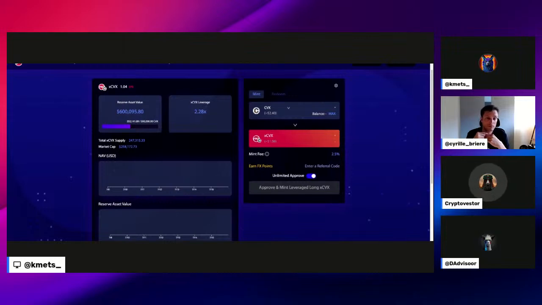So that enhances the CVX staking yield on the cvxUSD side. So really, really cool product. I definitely can see this really being popular, especially for people who wanted exposure to the CVX yield but didn't necessarily want price exposure. Or on the flip side, if they really want more price exposure, they can use the leverage from the xCVX